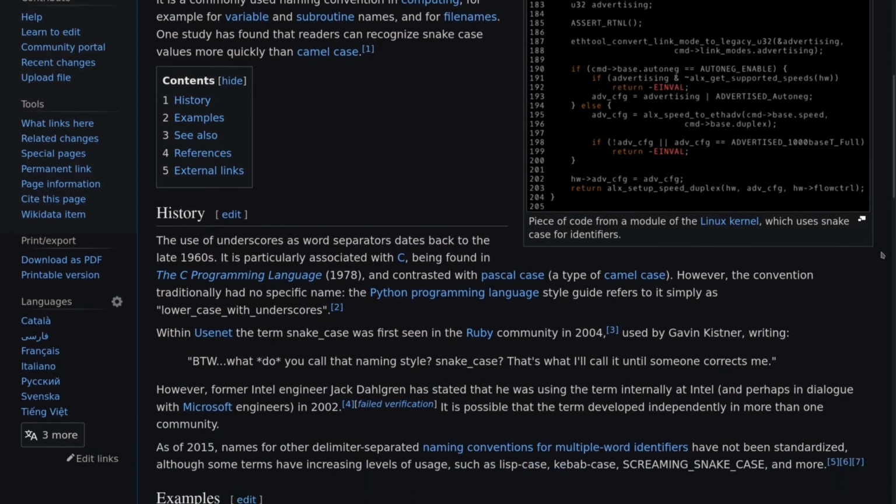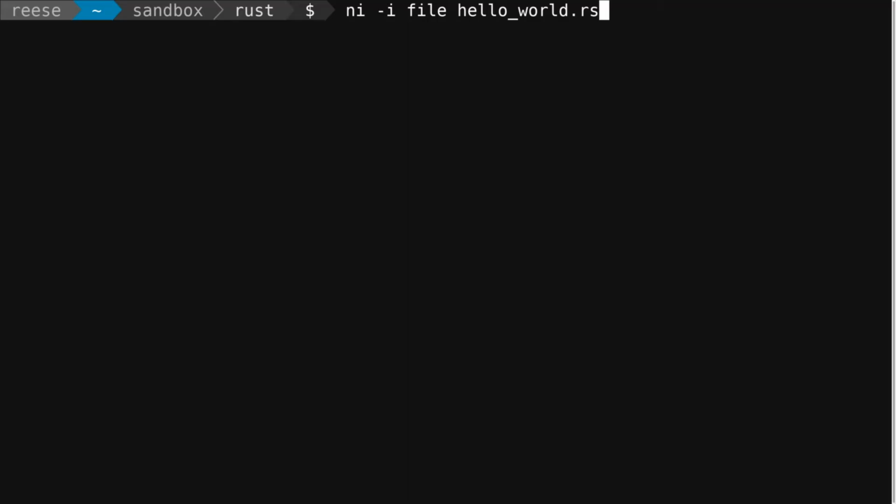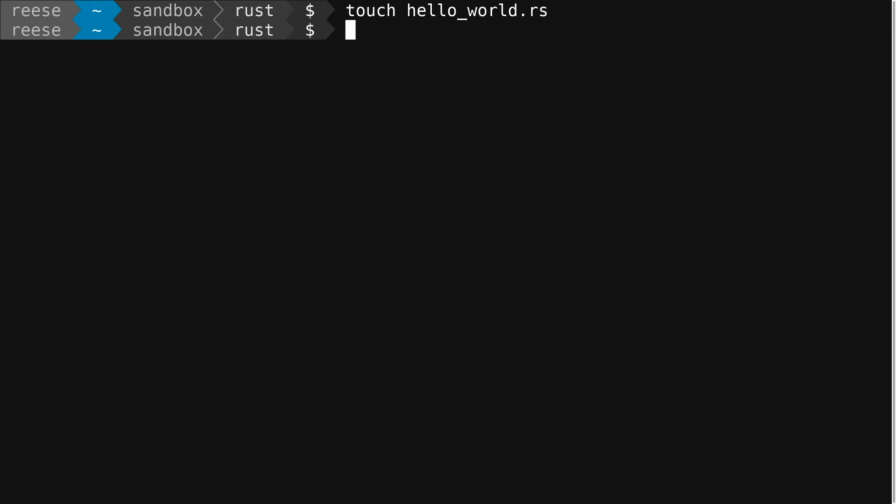It's a style thing. With Linux and Mac, all you have to do is type touch, which creates files. So touch hello_world.rs. Press enter. And with all of that out of the way, assuming your Rust tooling works and you have an adequate text editor, we're ready for the rite of passage. In other words, the ceremonial Hello World